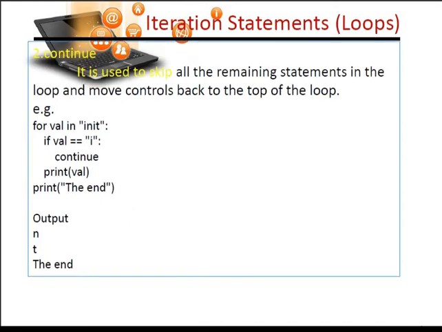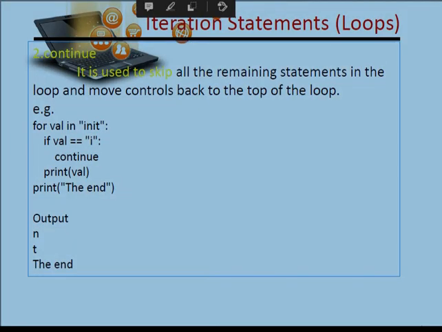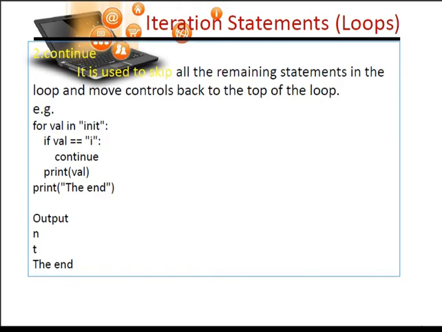As you can see here, this is a string data type. You can see continue here. The continue will continue the loop, skipping the matching value. So here in this loop, if the character is equal to i, it will skip and go to the next value, which is n, and if it is not equal to i, it will execute the next statement, which is the print.